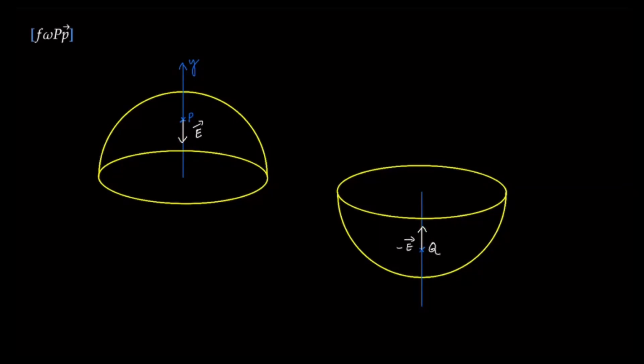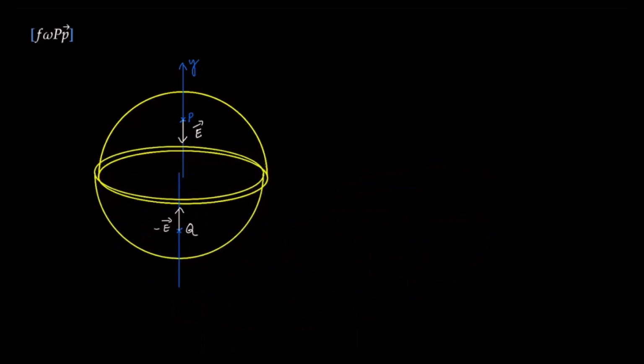Now, if you bring this back here and complete the sphere, the net electric field at Q, we know must be equal to 0. That comes from shell theorem. Already it has an electric field minus E, that is due to the lower hemisphere. Now, due to the upper hemisphere, there must be an equal and opposite electric field, and that must be in the downward direction, and therefore it must be in the direction of E as it is at P. Electric field at Q due to the upper must be equal to E.